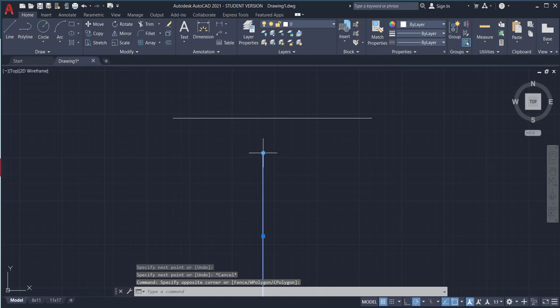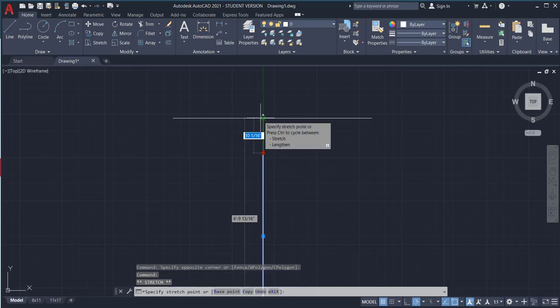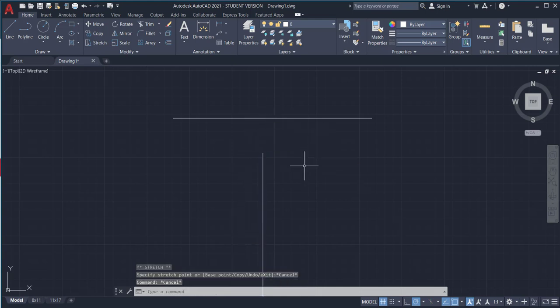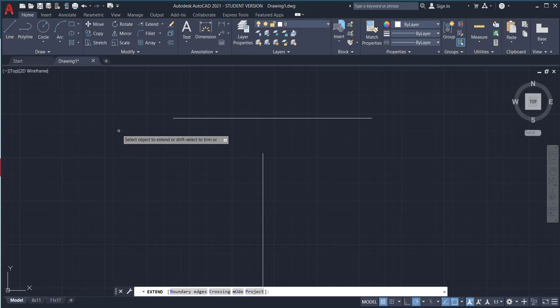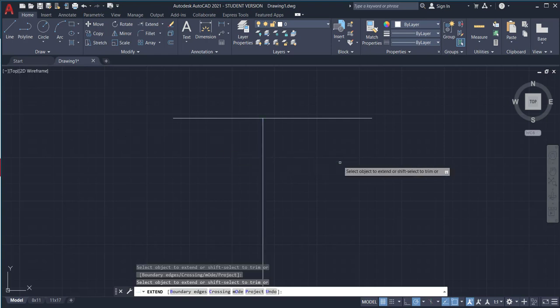Yes, I could grab the line and I could take the grip and I could move it up. There might be an instance where that's not as easy to do as you might think. So the extend command allows us to tell this line to meet this one. That is located underneath the trim button. If you click on that little arrow, you'll see that there's an extend button. The first thing it says is select the object to extend. So that would be this guy. And there it automatically knows to